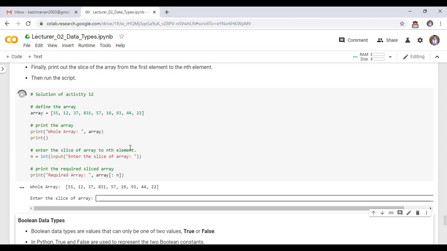Enter the slice of the array up to the nth element: take a variable n and, using the input function, enter the slice of the array. You have to enter an integer value, and we convert this value into an integer by using the int function. Print the required slice of the array, up to n. Whatever value of n we take, we